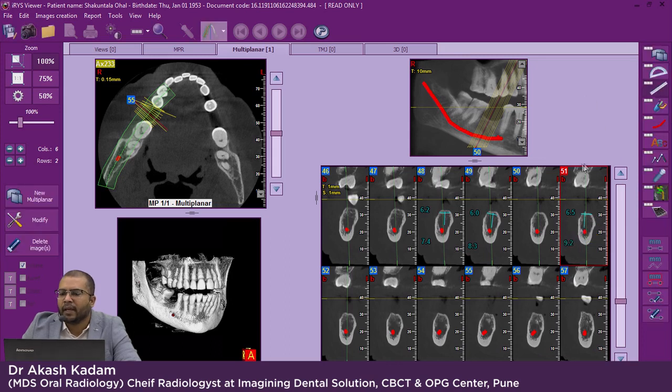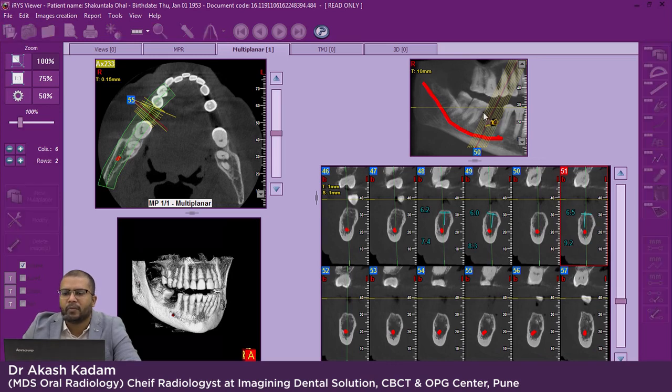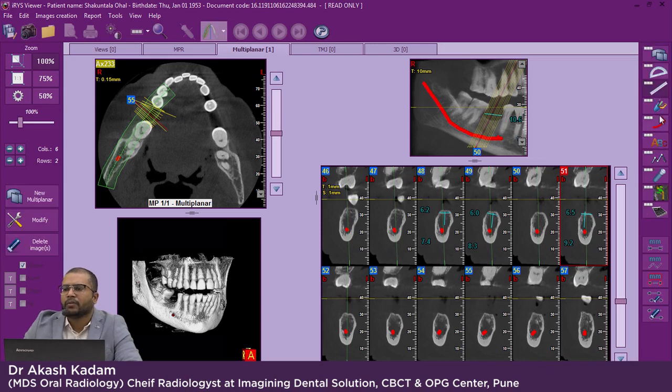In this way. And now suppose we have to check the width at OPG or the span of the edentulous area, we can mark it here also. So this is 10.6 mm. So we have marked the nerve, we have marked the cross section. Now we have an idea about how much dimension of bone we have. So height is nearly 8.3 and width is 6 mm. So we can choose the implant.